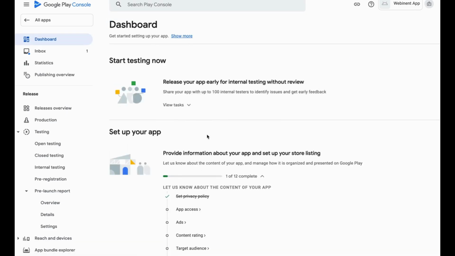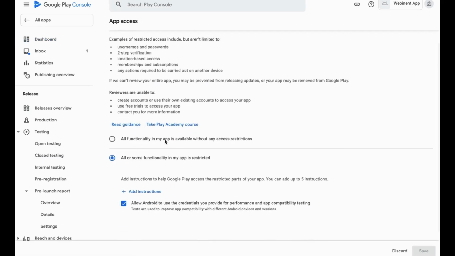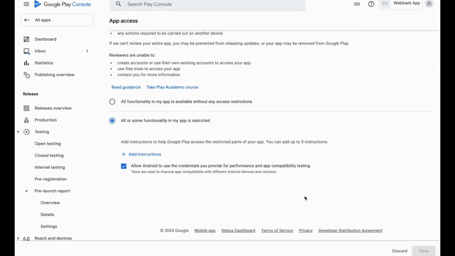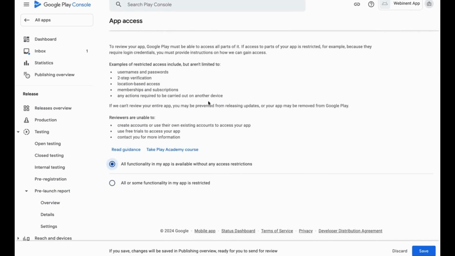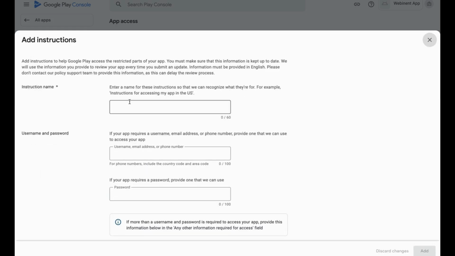Go to the dashboard. Go to the app access. No, all functionality in my app restriction. It asks, does your app require any identification or email or password to log in? If yes, just go to this and then save. Right now my app doesn't require this, but if yours does, we go to the instruction, and in that you have to tell it the instruction name. I have a sign in function, so I will just go sign in